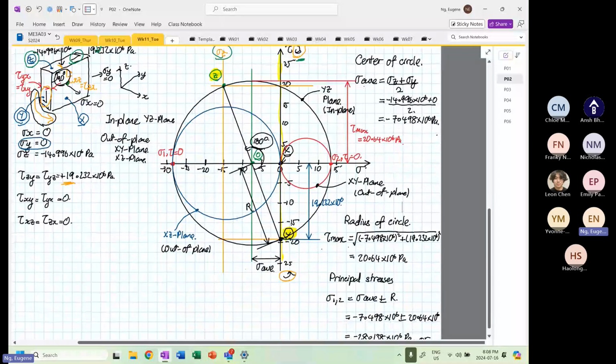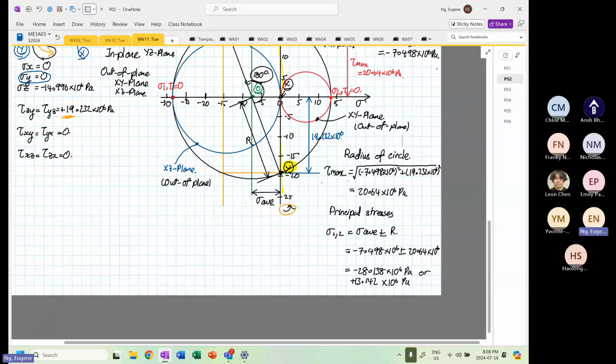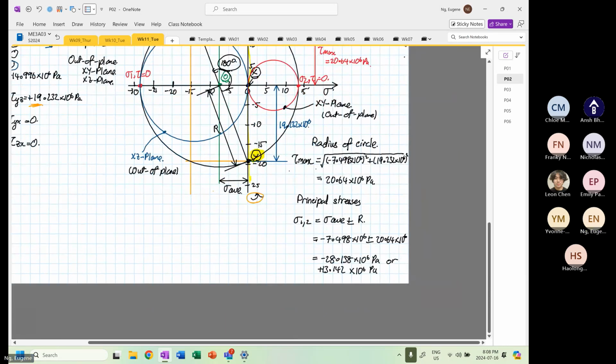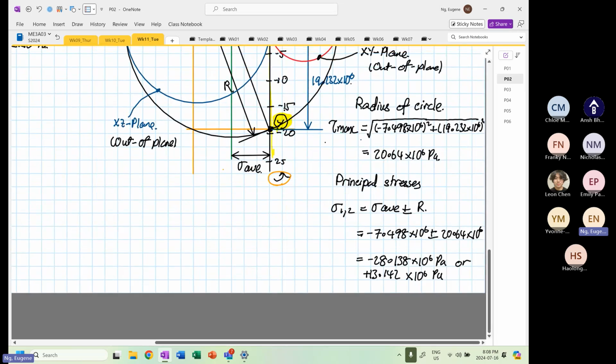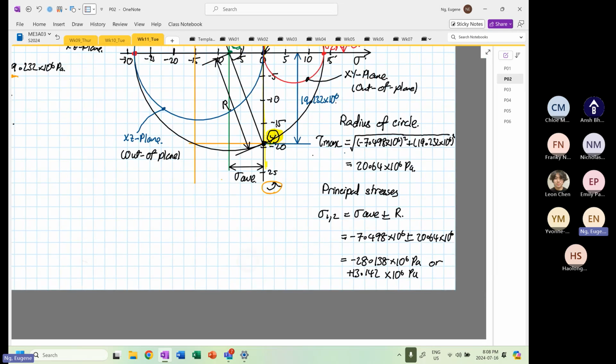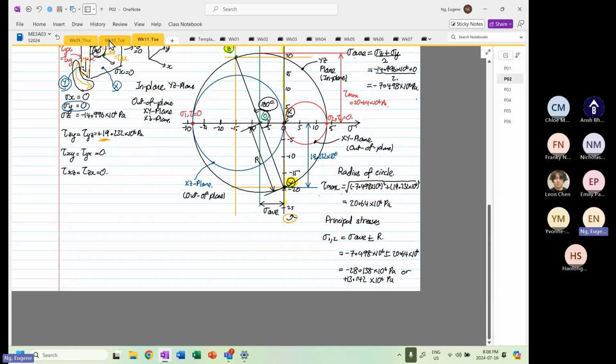So I just introduced before the break your 2D Mohr's circle and 3D Mohr's circle. The next thing is what to do with these principal stresses. We have calculated two values: one is minus 28.138, the other one is 13.142. Only until now,